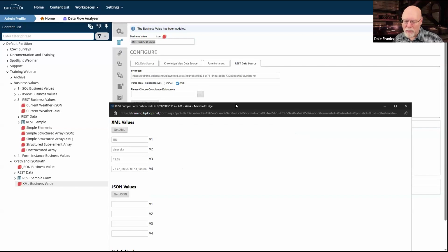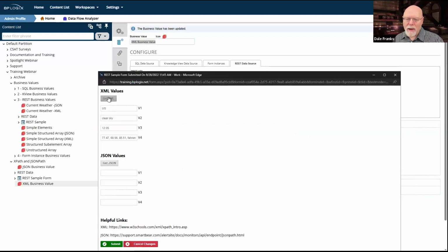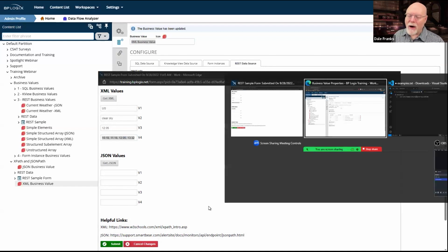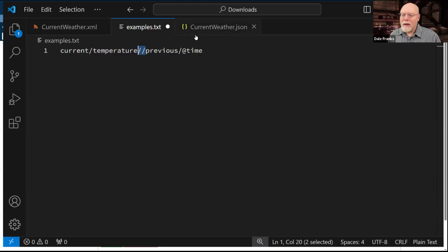Maybe my form could be a little higher on the page. We'll get our XML, and now it's returning all of the times for all of the rows in my array simply by using the double slash at time. So it's really the time that I want, and I want the time for every node in previous.